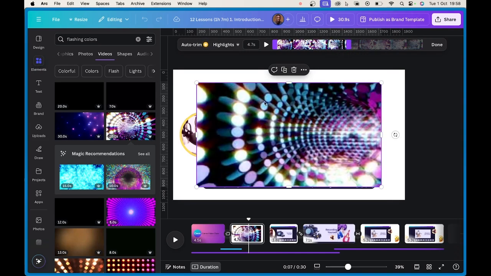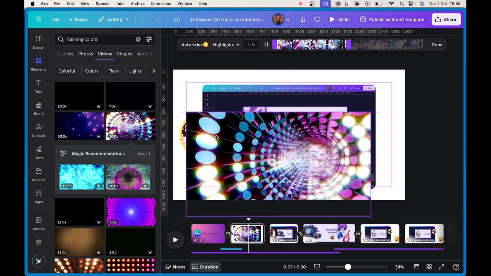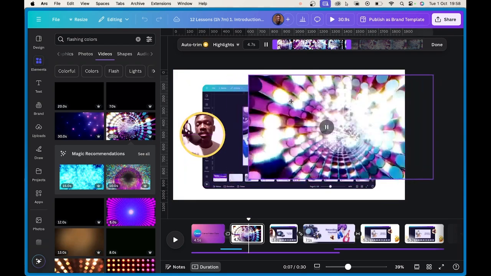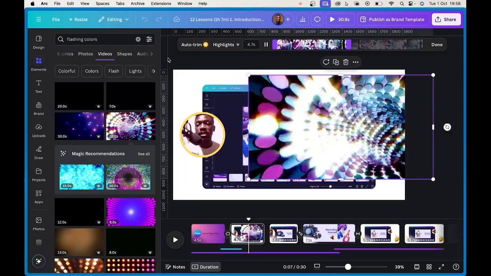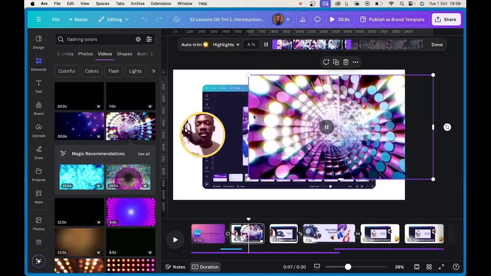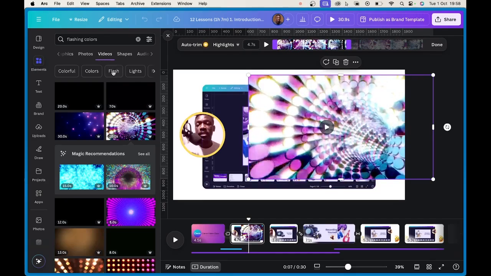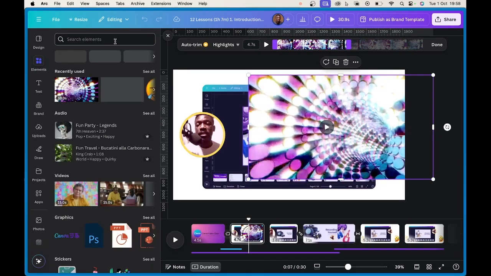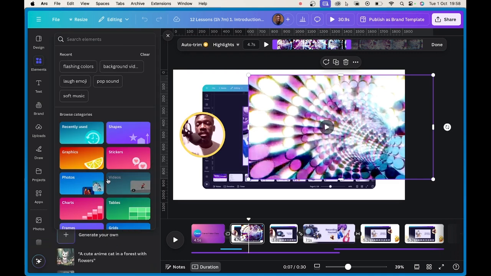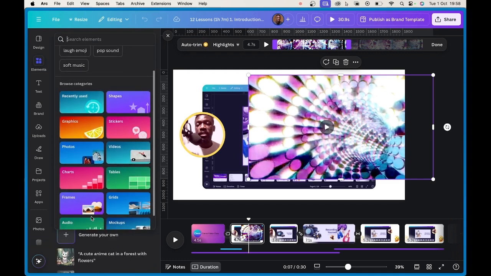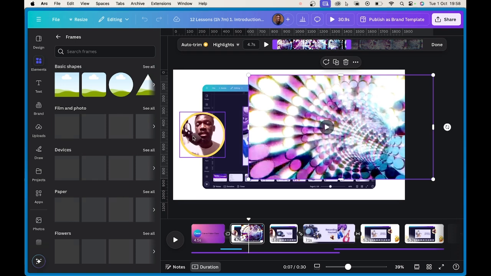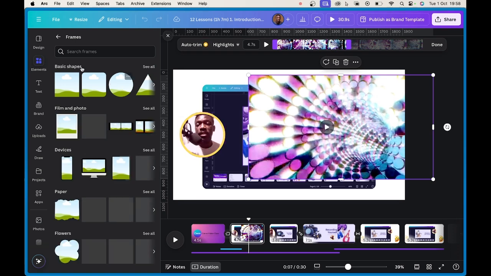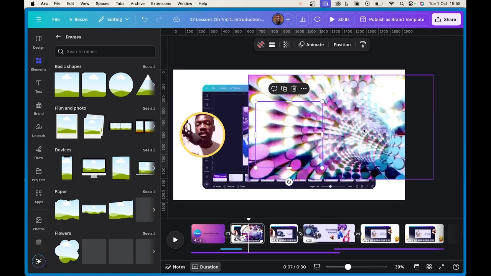Okay, so that's 4.7. But how do I add it to the back of this? So I can pause this video so that it's not distracting. I'll go back to the element again, and I'll look for frames. This is frames. I'm trying to achieve the circle behind this, so I'm going to click on this basic shape frame, which is a circle, and